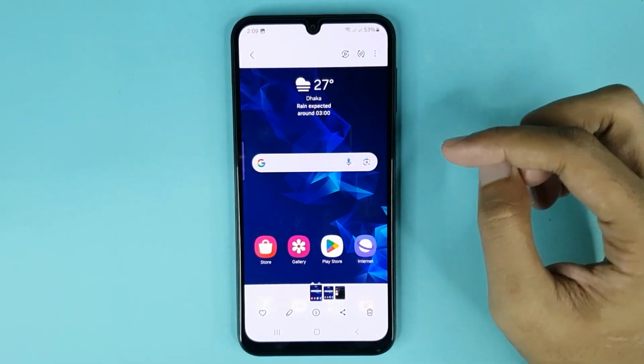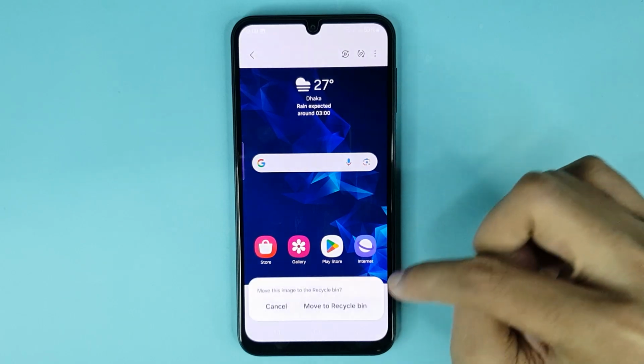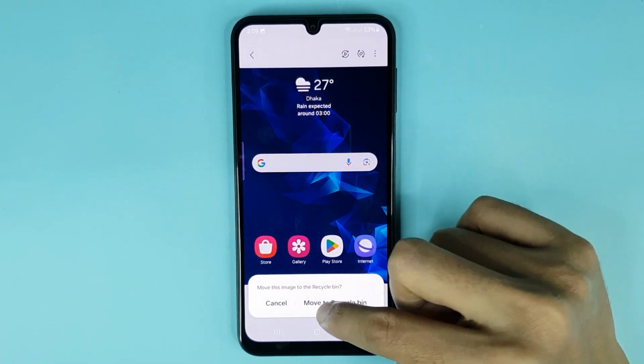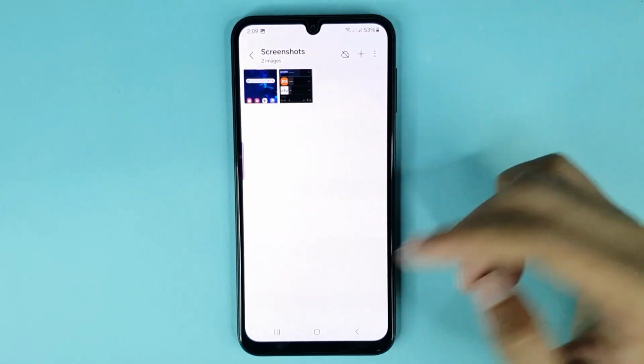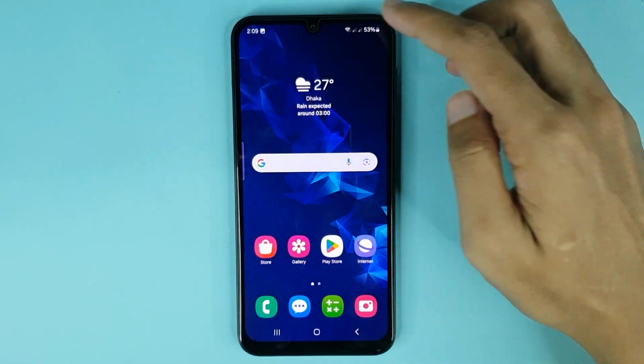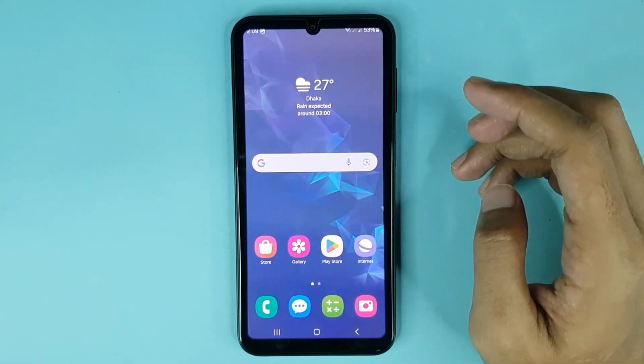If you want to delete a screenshot, just tap on this delete icon, then tap on move to recycle bin, and it's deleted successfully. Also, if you go to home screen and then take a screenshot again, now if you